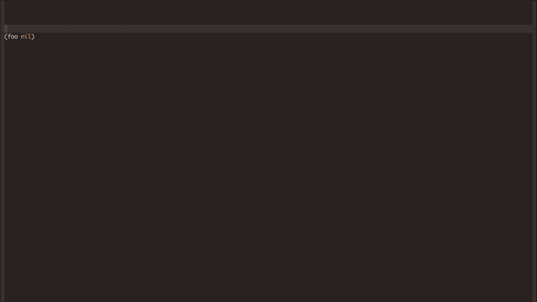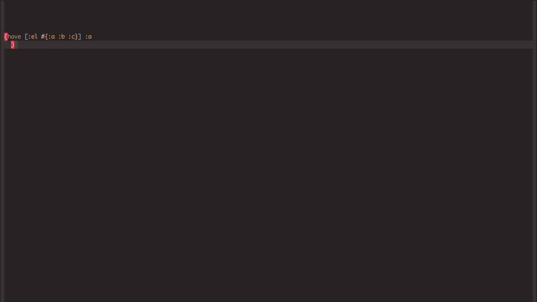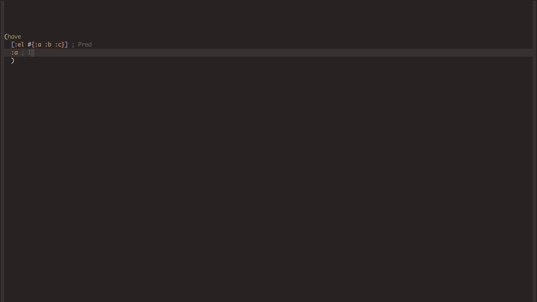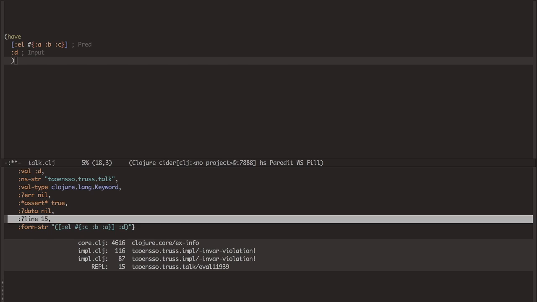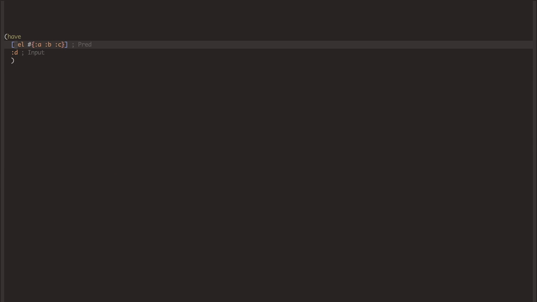so we can do things like, let's pull this out of the context to make it clear. So we can have something like have element of A, B, or C. Okay, so again, this is the predicate, this is the input. This predicate is a short form element. In other words, the input needs to be an element of this set, and it is. If we put in a D, it's going to fail because it is not an element of that set. Okay, so element